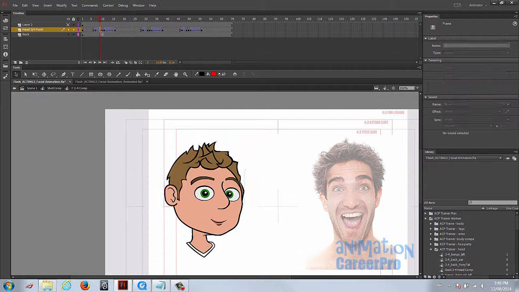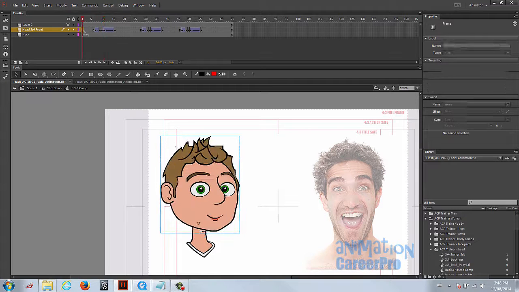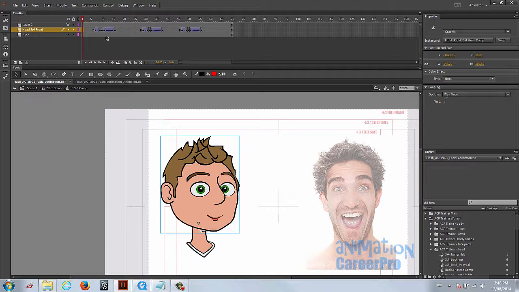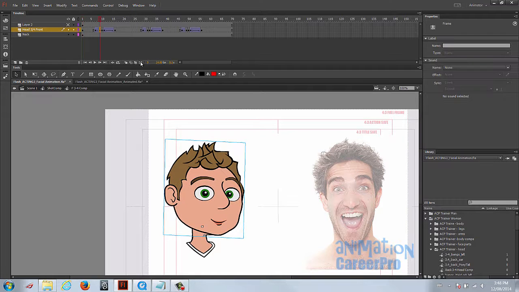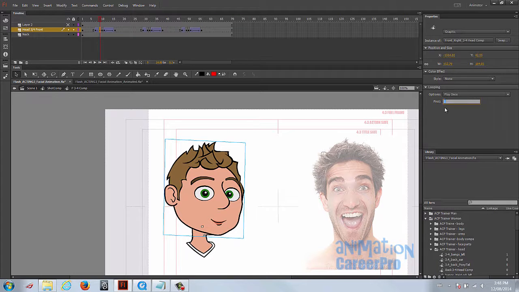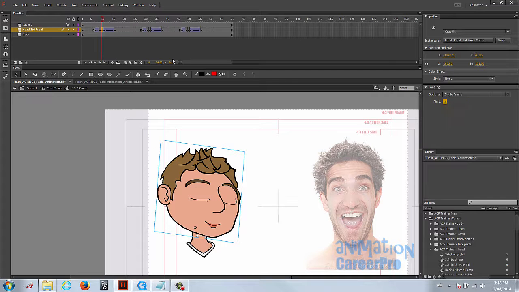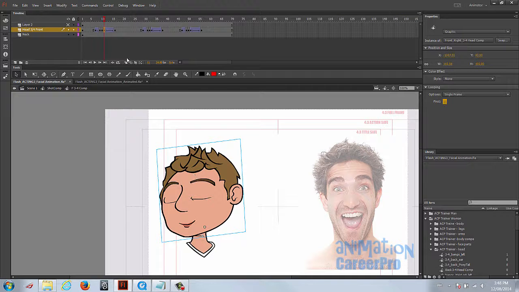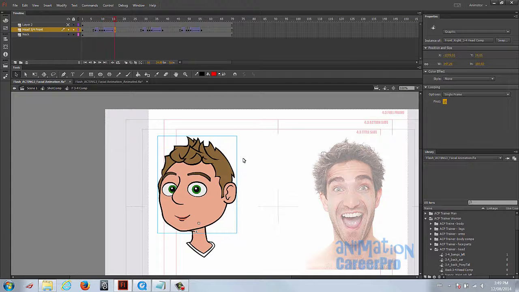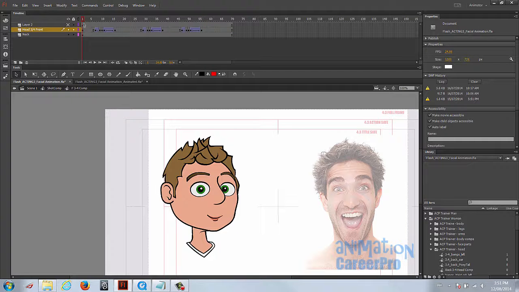If you set these keys and you don't move them, that's fine, as long as it's set to play once when you start. But if you start to slide these keys around on the timeline, you'll have to make sure that this frame number corresponds with this number. So this is frame 9. You'll see it here. I'm going to select the symbol, and I have to set this to 9. Frame 10, change this to frame 10. Now you wouldn't have to do this if this was already set to play once from when I started setting these keys. But a lot of times when you're doing character animation, you're going to be adjusting your timing. After you do the blocking, you're going to have to go through and readjust these numbers. Okay, so that's finished. So if I play this now,